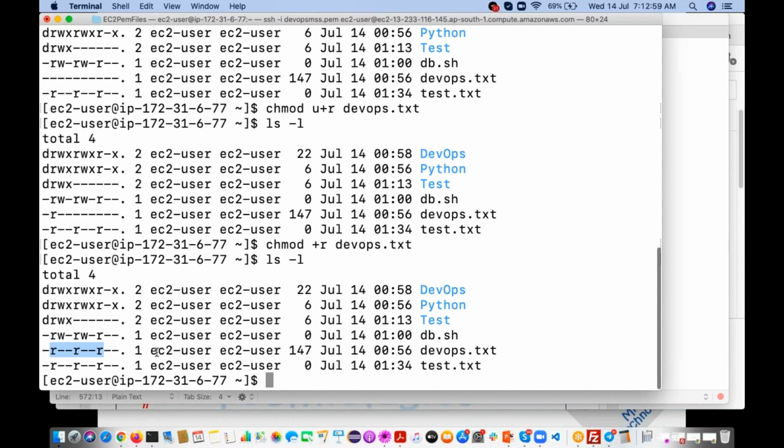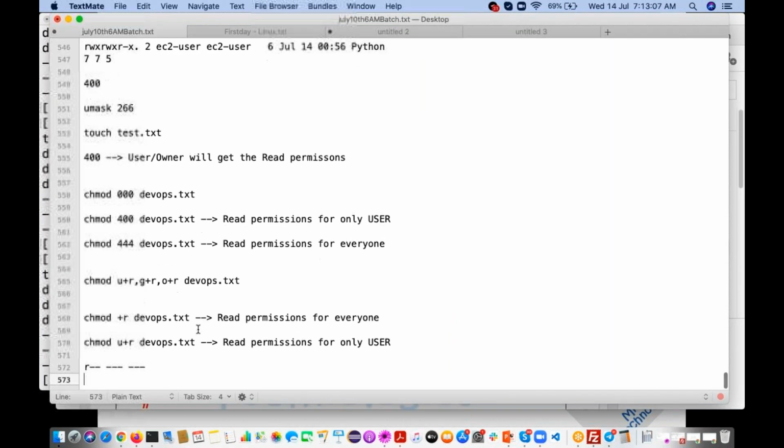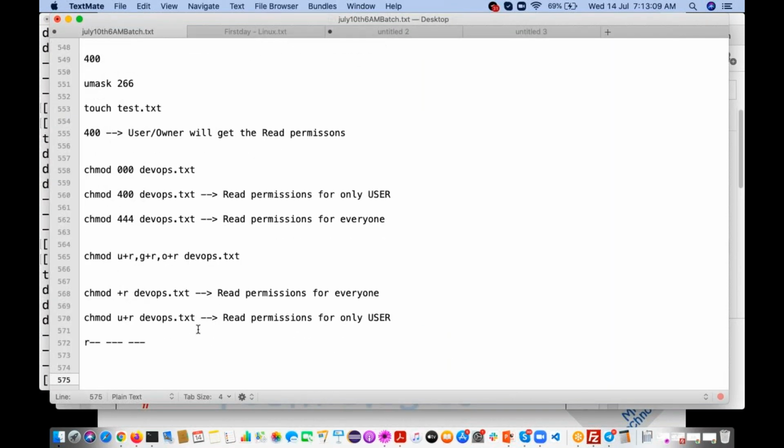Right. So like this, guys, you can give it. If you want to give all the permissions for user and read and write for group and others, what to do? For user, what we need to give?